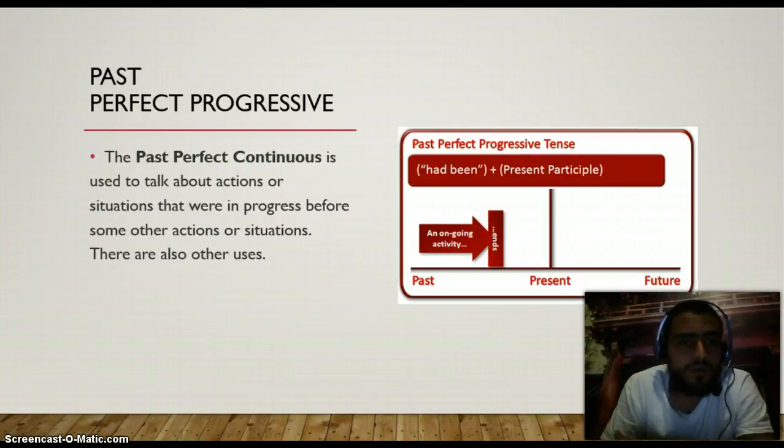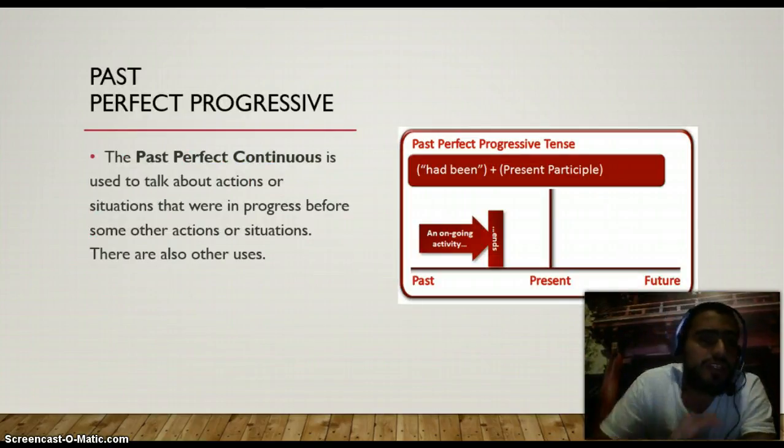So we continue with the past perfect progressive. The past perfect